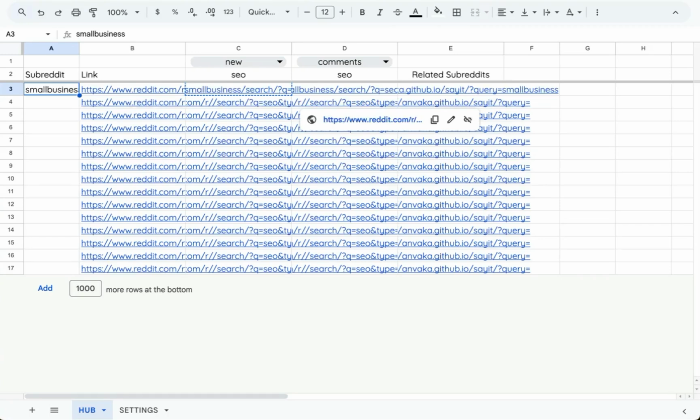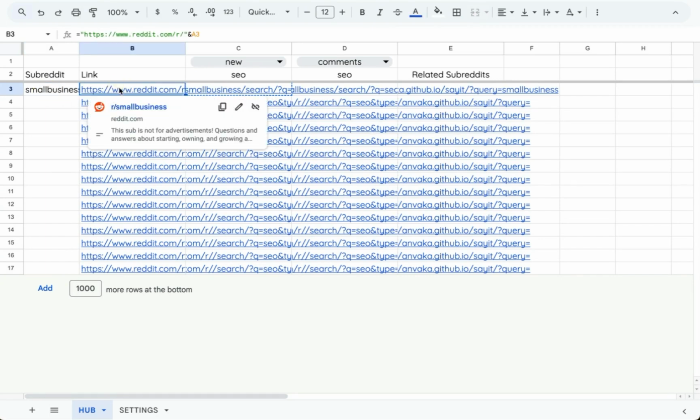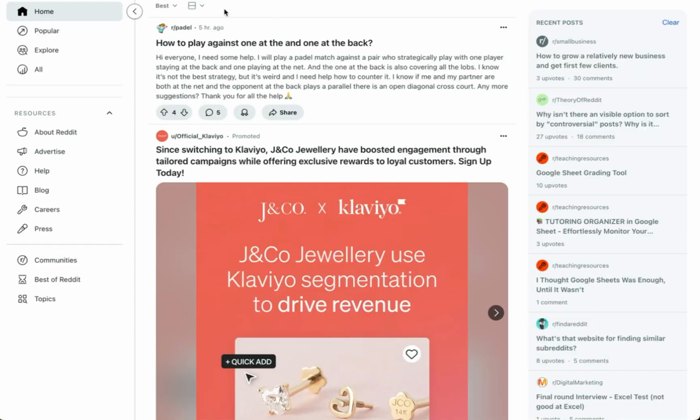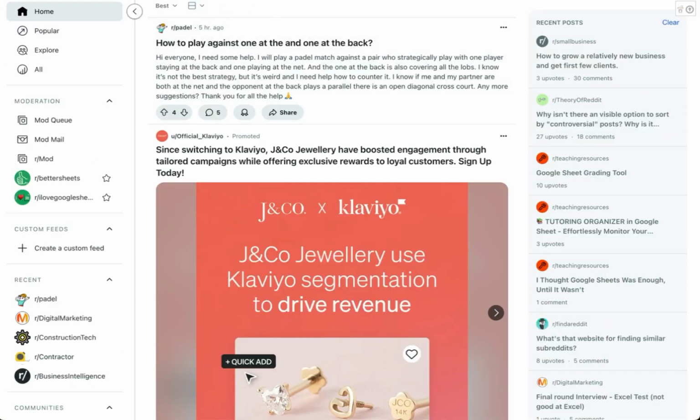So I'm building a subreddit scanner. This is a Google Sheet that I started using because I figured out a little URL trick to Reddit. So if you go to Reddit and you search in a particular subreddit, so let's say we go to